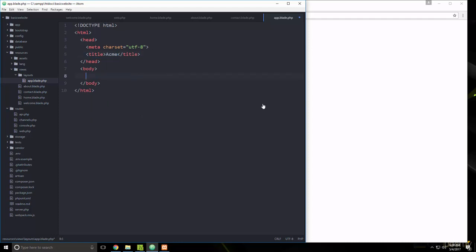And then in the body, where we want to render all of our templates, we want to do a yield. So we want to do this @ sign, and then we want yield, and we want to yield the content. All right, so we'll save that, and then let's go to our view files, for instance,